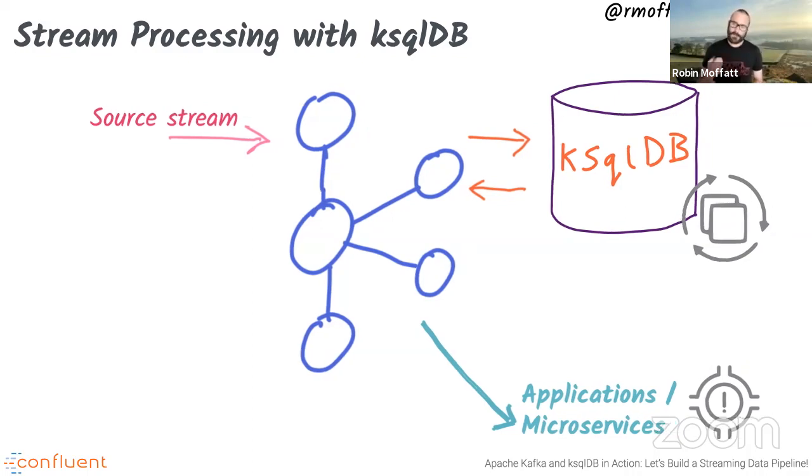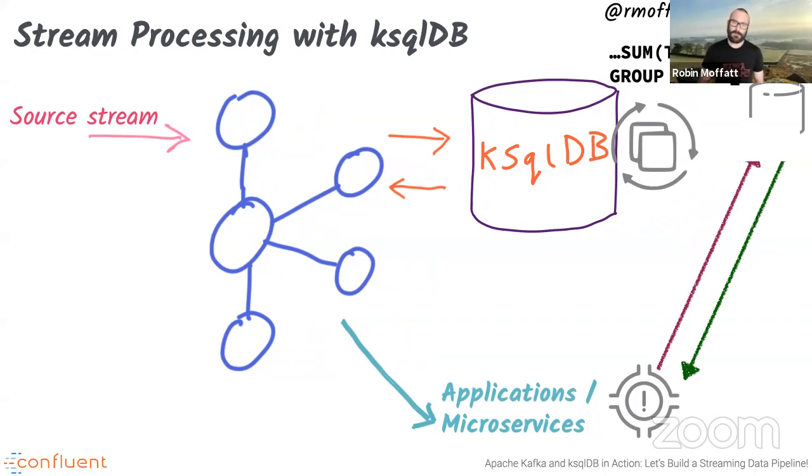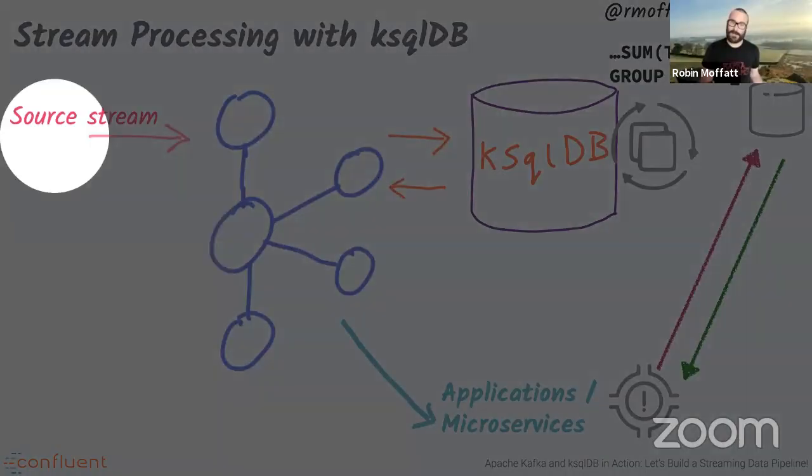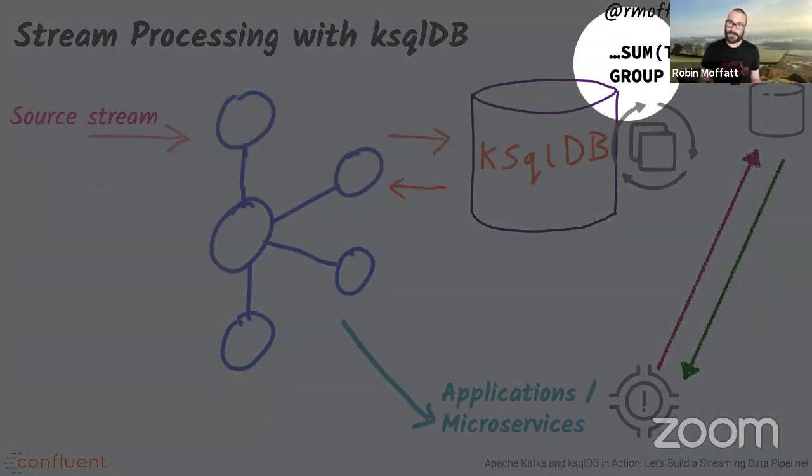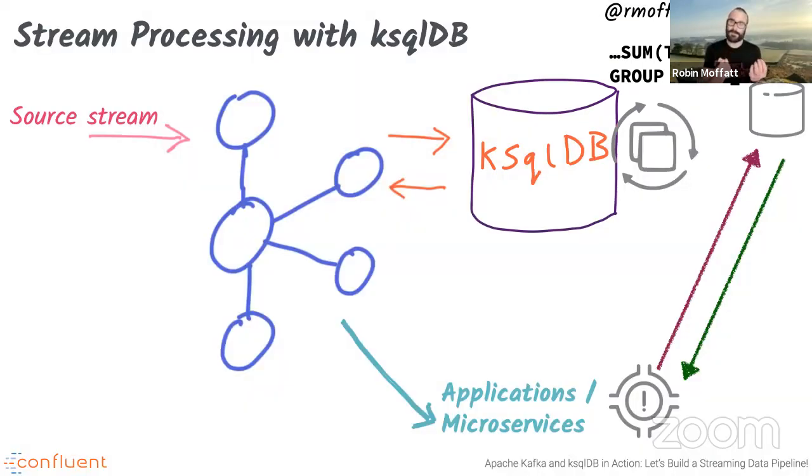So we could say, well, within ksqlDB, we're going to build ourselves a materialized view, basically, that's going to take inbound transactions that are happening. In ksqlDB, we write a SQL statement which says, select the sum of the transaction amount, group by account ID. And now within ksqlDB, we're maintaining this stateful aggregation. As every event comes in, it gets computed and added into this aggregation, which means that from our application,